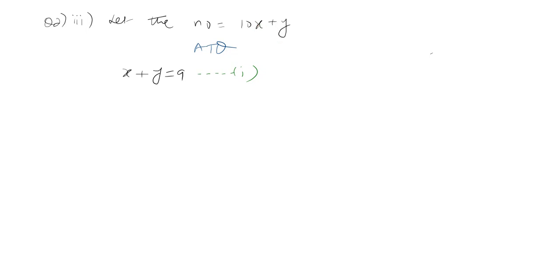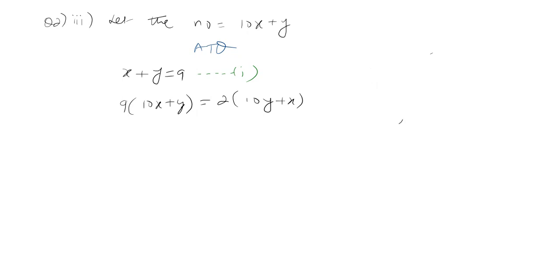So 9 times the original number equals twice the number obtained by reversing the order of digits. So this is the reverse order, where in place of x I have written y and then in place of y I have written x. So I reversed it, this is the new number now. Suppose I have the number 38 and if I change it, it's 83. It's not 38 now, it's 83. So the number changes and it's 2 times, they're equal.